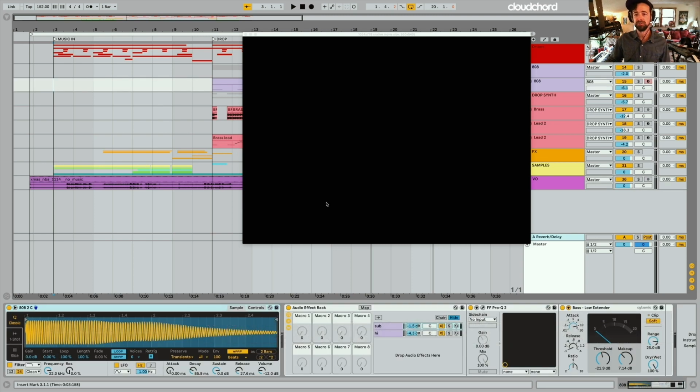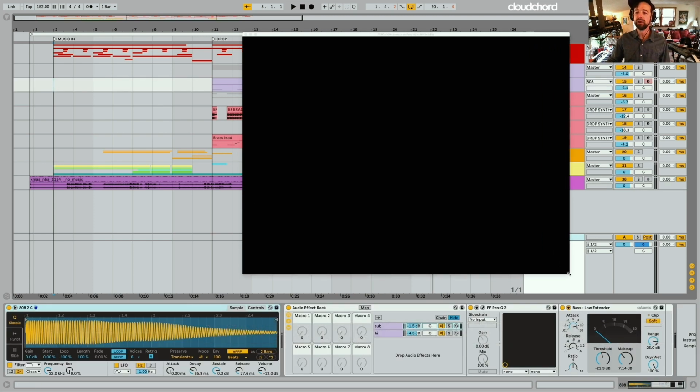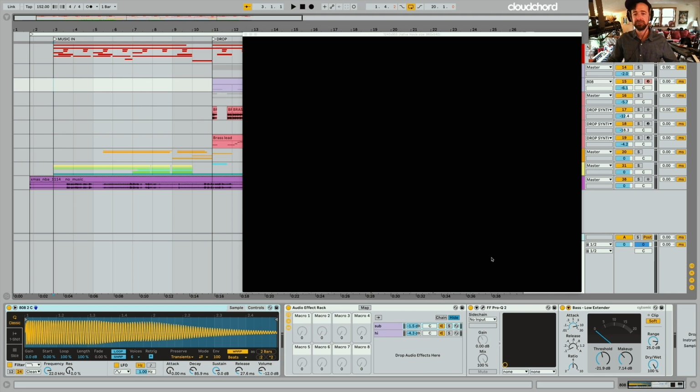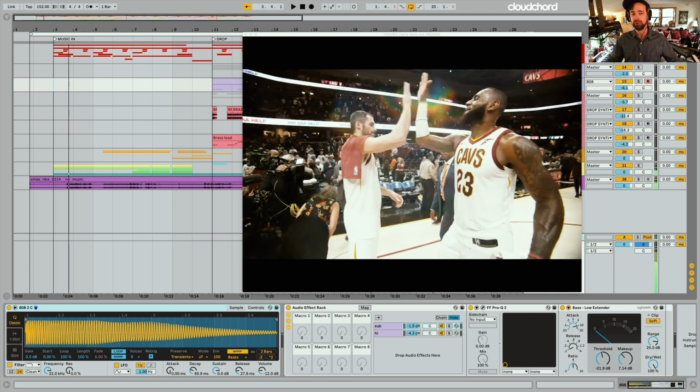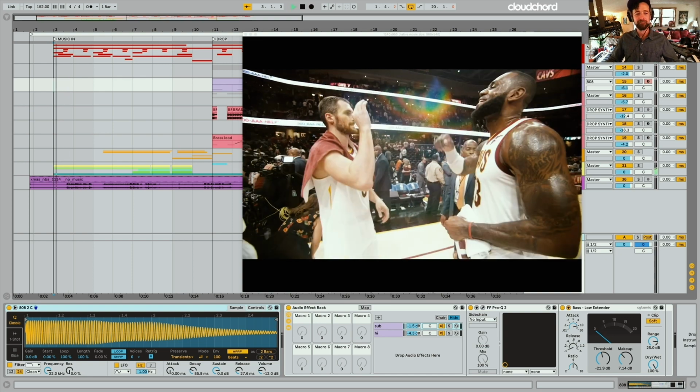So let's go through here, and I want to just stop every time we got what I call a hard sync, which is where I'm obviously writing for the visual element. Check this out, here we go. Right there, right away, I had to line up my clap with their clap. So that was number one, right out of the gate.